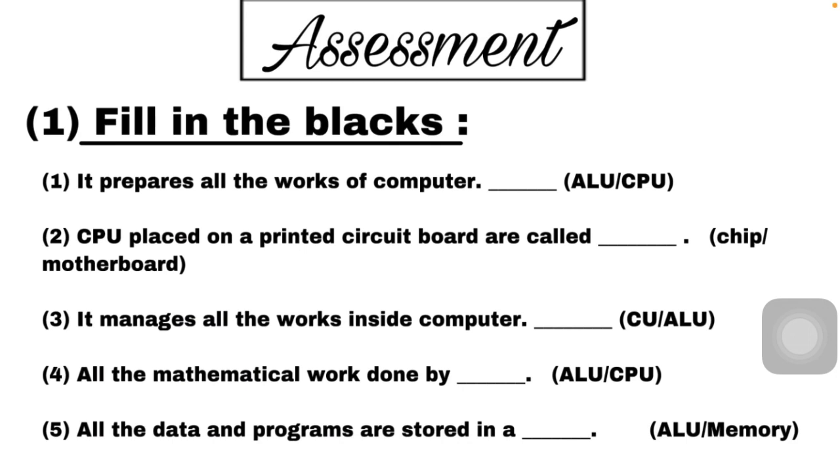Okay. So in the CPU chapter, today we will fill up the exercise part because we are already completing all the detailed information about CPU, how it works, how the different types of components are present in a CPU, which important parts are present in CPU and how they perform their work, how motherboard performs its work, how control unit makes its functions possible. These all different things we have already discussed in our last different sessions. Okay, now we are going to fill up the exercise, and we can say the assessment here.